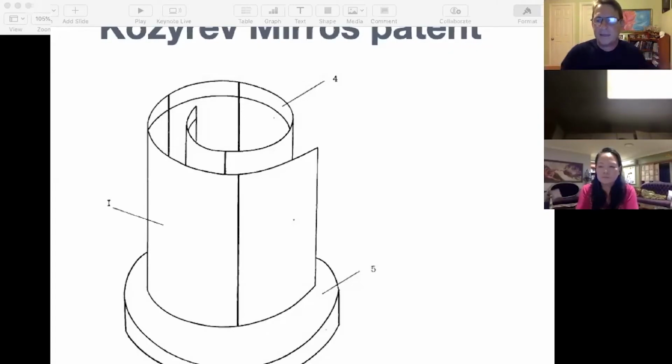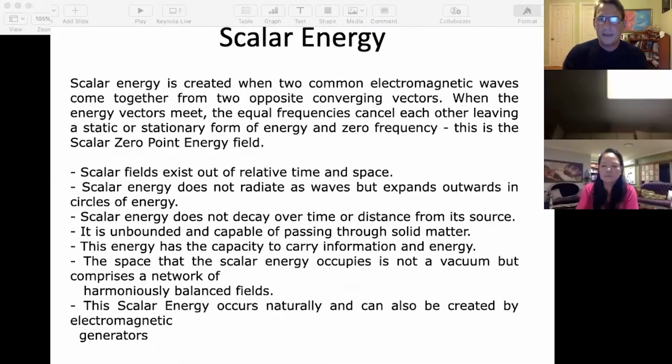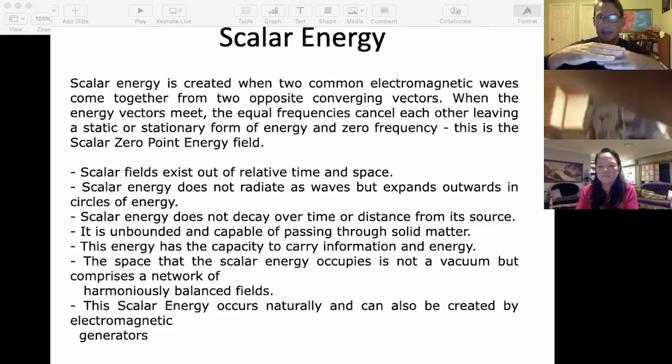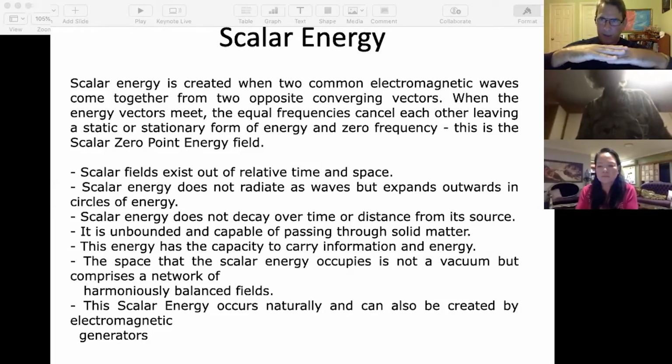And that allows us to access this information with the scalar waves that are generated within the chamber of the device. Now, just to give you a quickie on some scalar wave things. Most people don't know what scalar waves are. Basically, they're created when you get two electromagnetic waves coming from opposite directions, converging and completely matching in their frequencies and their wavelength. As they overlap, they neutralize each other. So the electromagnetic component is neutralized, but that leaves behind what we call a zero frequency or a scalar zero-point energy field,